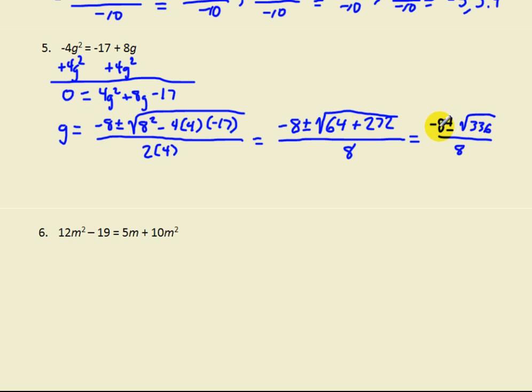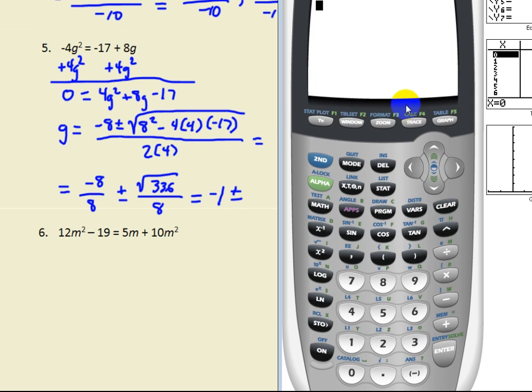Now because we have an 8 in the numerator and the denominator, I'm going to go ahead and break this down into two fractions. So we're going to get negative 8 over 8 and then plus or minus the square root of 336 over 8. Or in other words, negative 1 plus or minus, and then we can go ahead and calculate the square root of 336 divided by 8. So second square root, 336, make sure to close parentheses and then do the division. Divide by 8 gives us